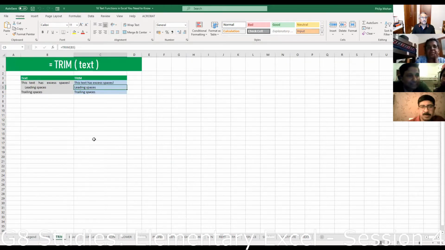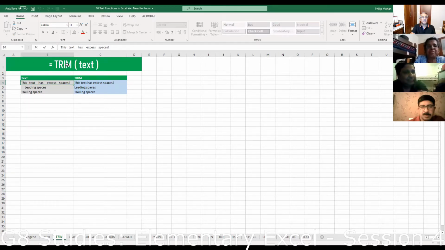Okay, as you can see, he's got three rows in this column where it says text. And you can see that he's got more than one space between the text. Okay, he's got like 1, 2, 3, actually 3 spaces there. 1, 2, 3, 4, 5 spaces here, etc. Okay, so it's not single space, which is what should be for normal text.